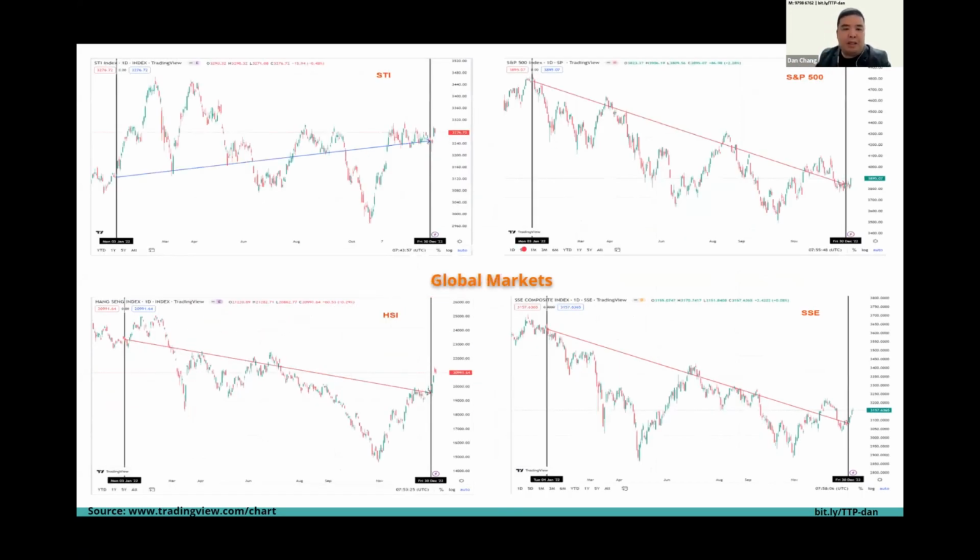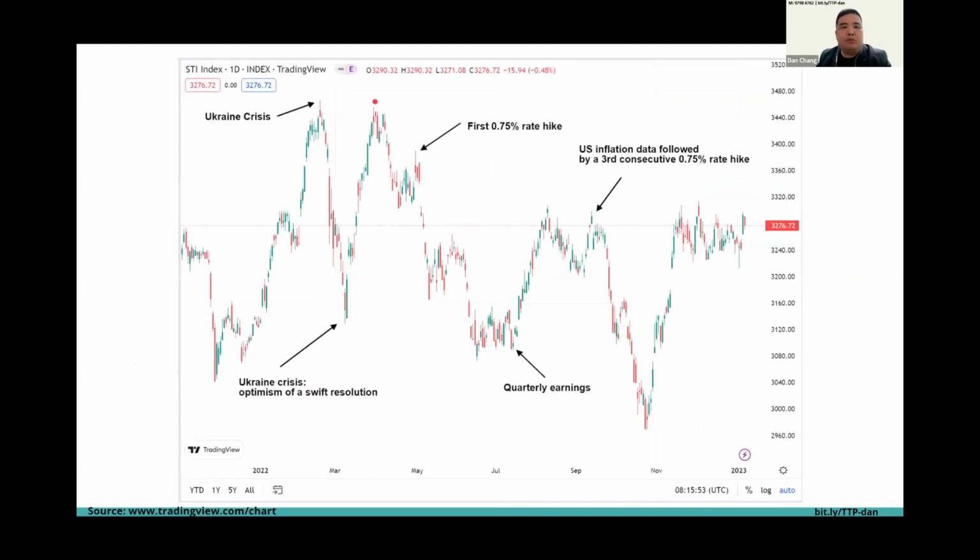But for the global markets, if you notice here, the uptrend only went back to about 50% of where they dropped from. For the Hang Seng, it was even less than 50%. I think they only recovered about 40%. So the STI was one of the few that actually went back to near the high of the year. And at this stage,